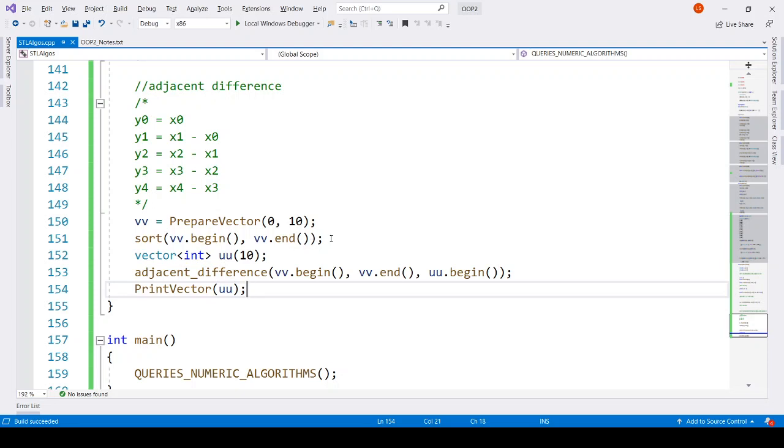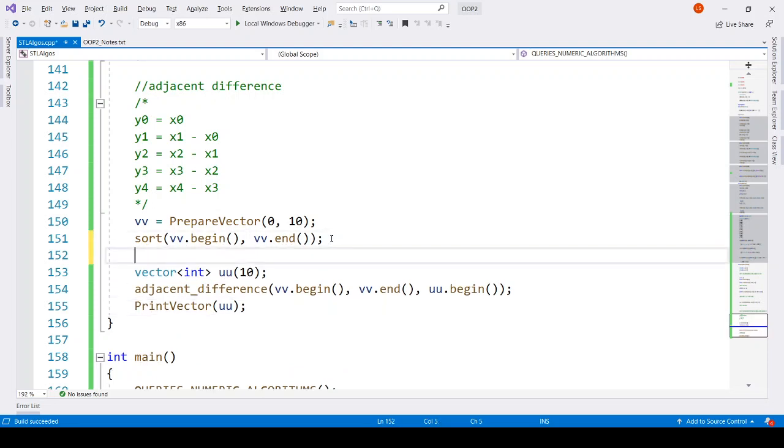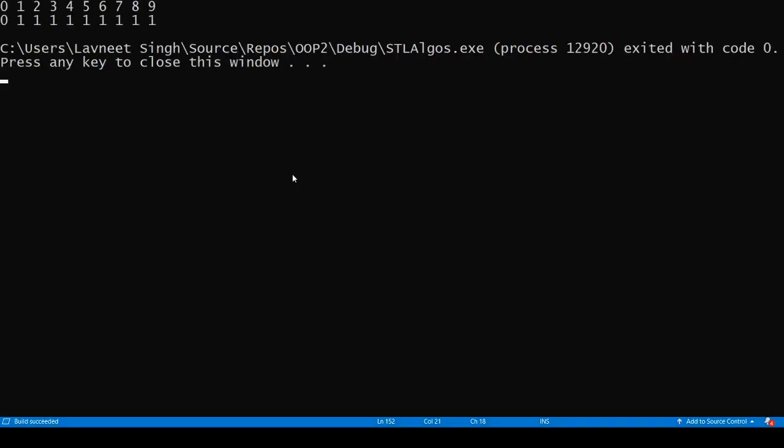Let's print the vector here also so that it will help us see it. But I guess you can imagine it is 1 1, right?